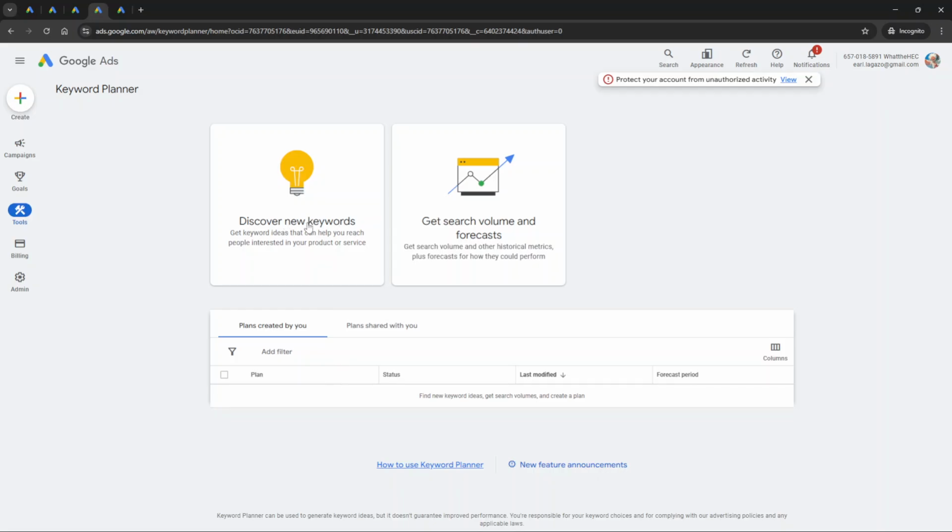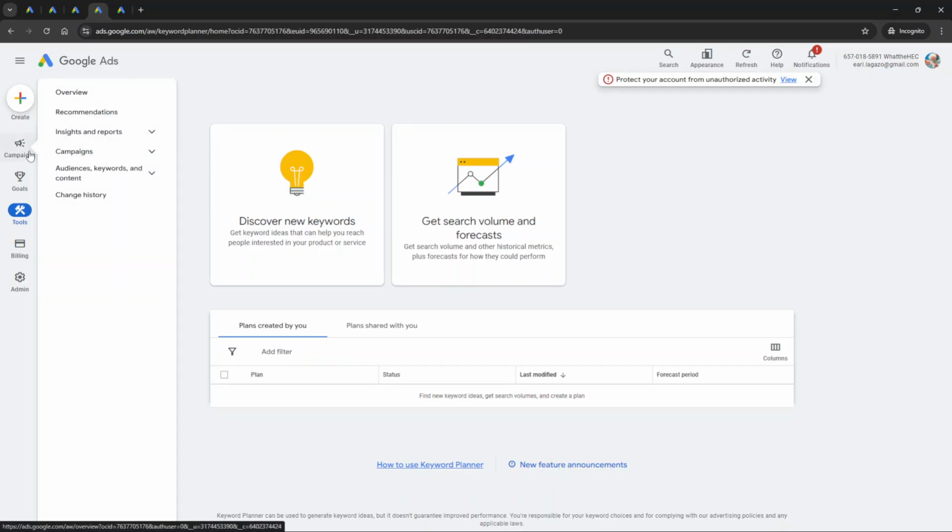Then prioritize long tail, high intent keywords. These are more specific phrases that reveal what a user really wants, and they typically convert better at a lower cost. Use phrasing that mirrors the way customers describe your product or problem, and choose match types that preserve intent